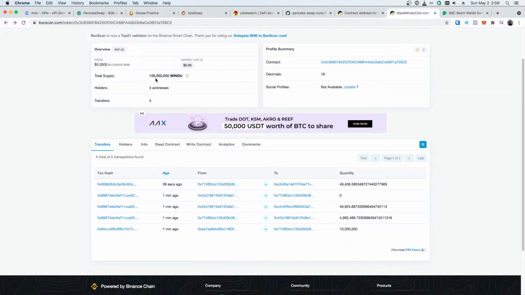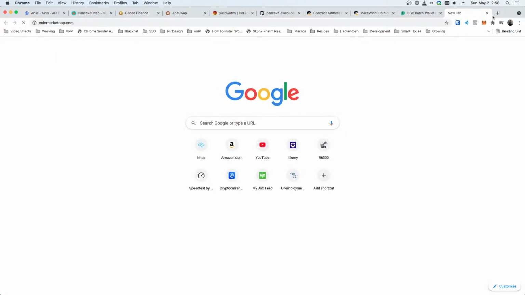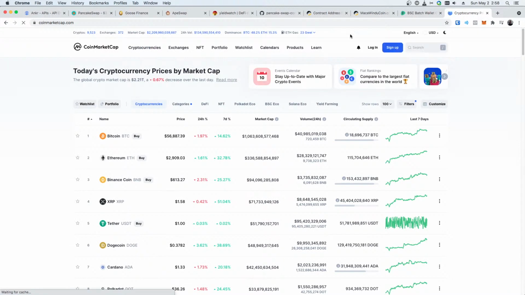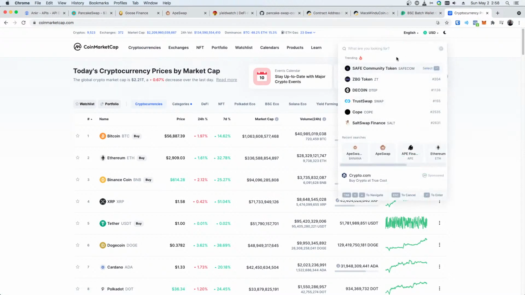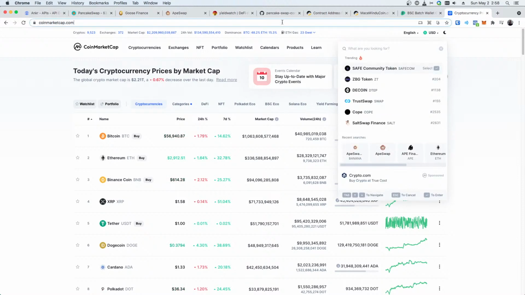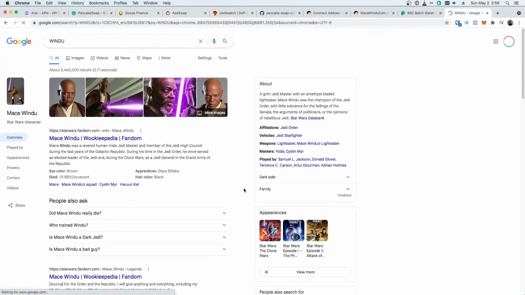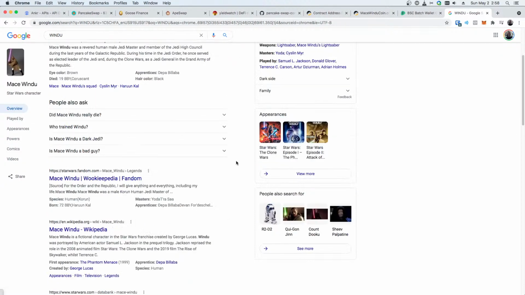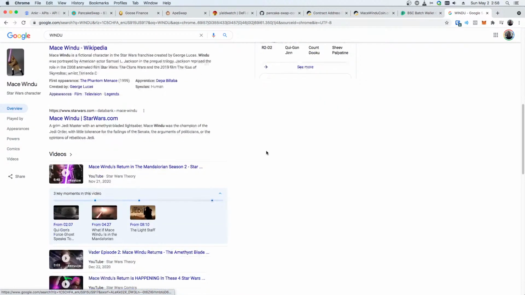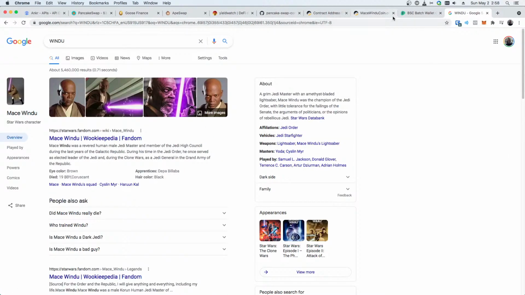So someone created Windu? What is this? Your guess is as good as mine, folks, of what we're looking at. Windu, nothing. Why would somebody provide liquidity? Windu. It's a freaking Star Wars character. I should have known that, but I'm not new Star Wars. I'm old Star Wars. Crazy. But why would somebody